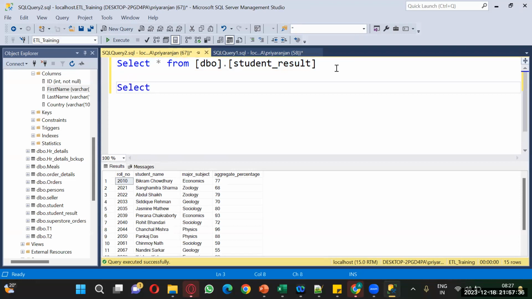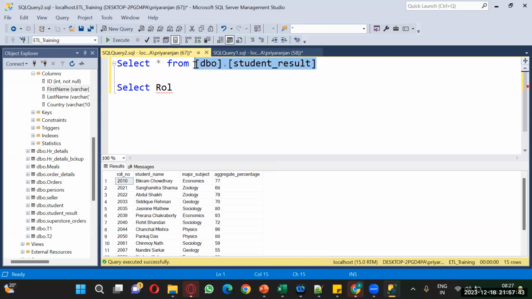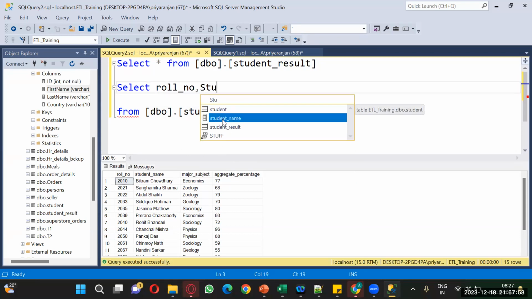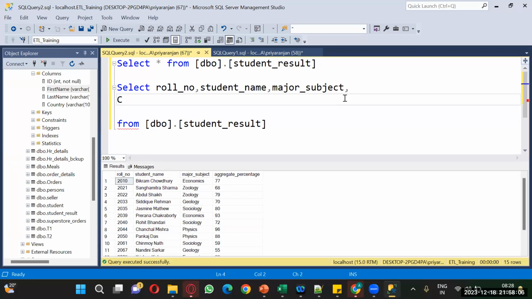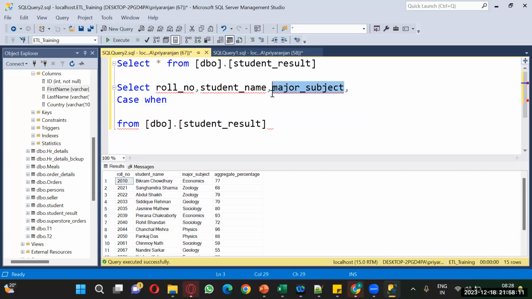So select, I need roll number, then I need student name, then I need major subject. Okay, comma, how we will write case: when your major subject